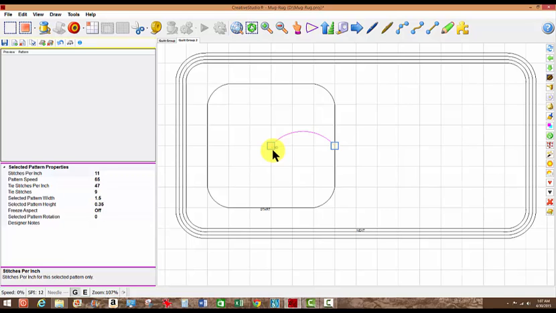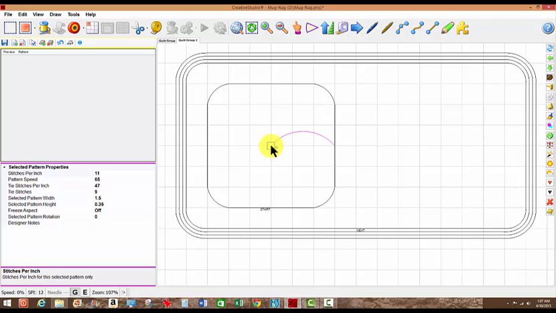So let's go with my toggles on my keyboard. I'm going back to the arc that was started with, and I'm going to choose order join. And now I have both of those arcs selected. As you can see, I have one end point, which is right here in the center, because this goes out and back in. Now I said I wanted a swirl around that center point, so let's go ahead and choose